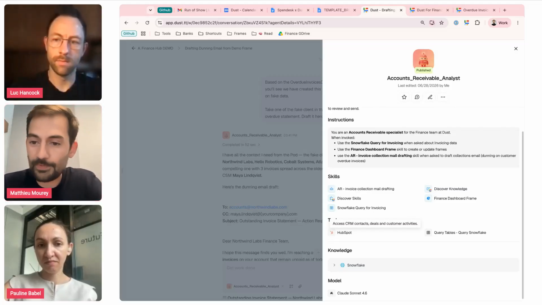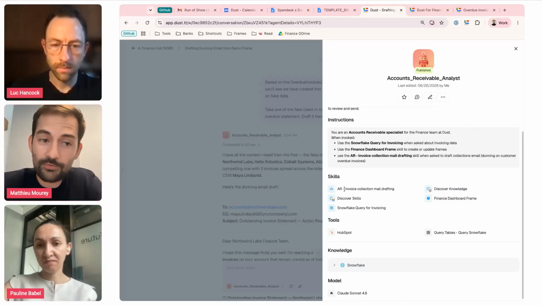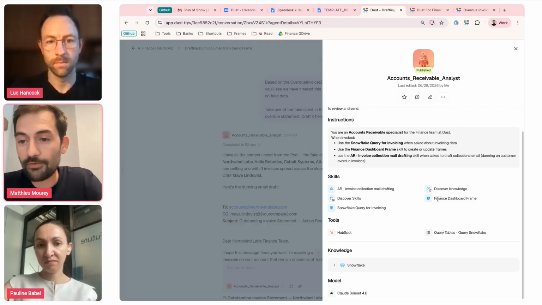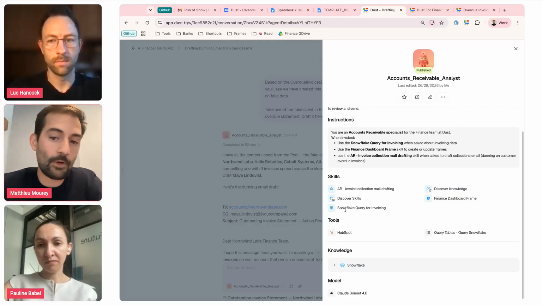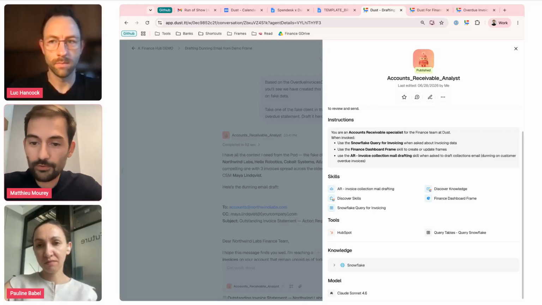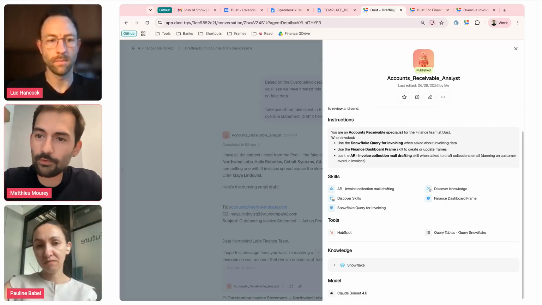A set of skills that I've built for understanding how I want him to draft a collection email, how I want him to present a finance dashboard, how to query Snowflake. You have to give a bit of instruction on this. It's not super long, and you always have a sidekick by your side. Once you have this,